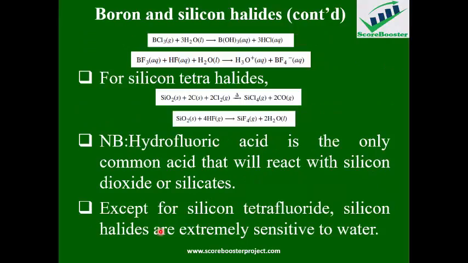So this is the explanation we have talked about in the previous slide. So this is the trichloride of boron reacting with water to form boric acid and HCl. But boron fluoride does not react directly with water like that, except with the aid of this, then to form tetrafluoroboric acid. But in some cases, we can have silicon tetrahalide forming by direct combination of the element with silicon